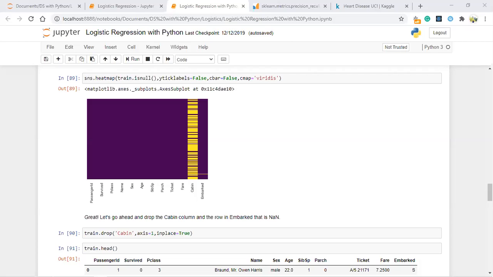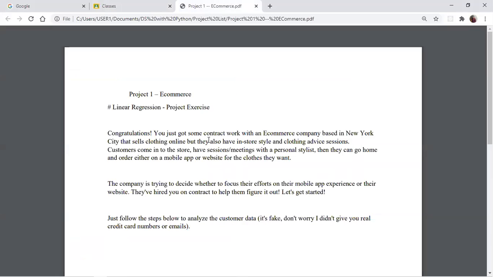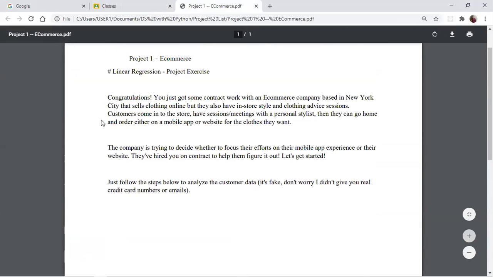Now what we need to do here is, on Friday, Saturday and Sunday, you first need to start with your workout session, to start working out the things. So this is your project 1, the e-commerce project. This project and its data set are uploaded in the file in your drive.